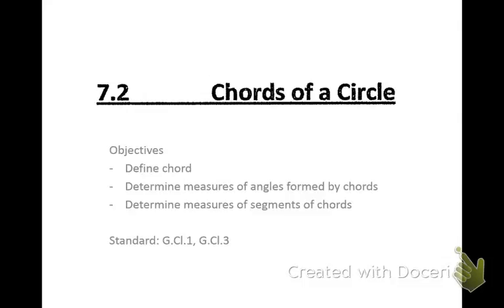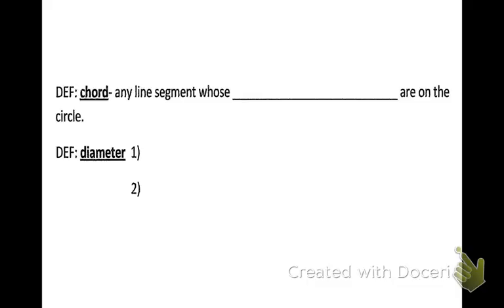Chords of a circle, 7-2. Our objective for this section is to define a chord, determine measures of angles formed by chords, and determine measures of segments of chords. So a chord is any line segment whose endpoints